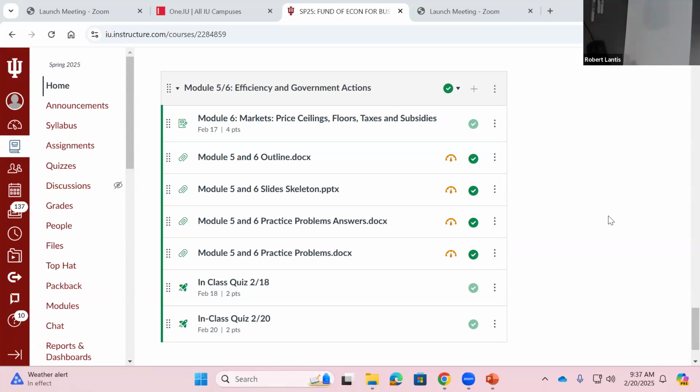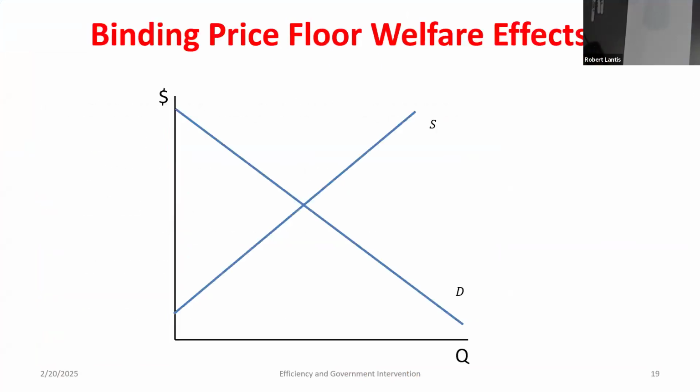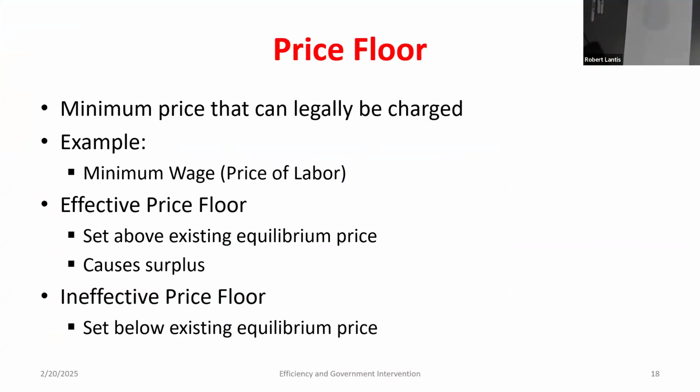All right, so we left off and we had introduced the idea of a price floor. We're going to go through this a little quick because price floors are really similar to price ceilings. Everything just gets flipped on its head, right? So we said a price ceiling says I can only charge a price this high. So the only time it was effective is if we set it below what the current price was, right? Price floors are only going to be effective